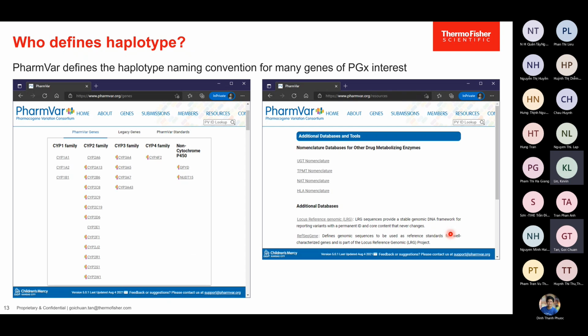Okay, then you will be very curious, well, who decides all these haplotypes? You can imagine if a scientist defines it differently than a scientist from another country, it will create a lot of confusion, right? So that's why it is very important to have only one single definition. So who defines these haplotypes? This information is stored in one single location called PharmVar. So PharmVar defines the haplotype naming convention for many of the genes. So if you go to PharmVar,